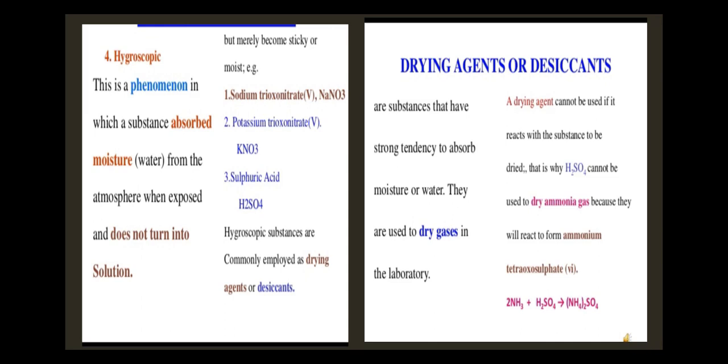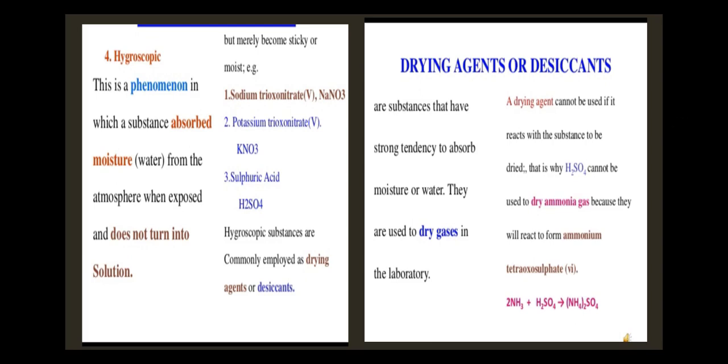You have seen silica gel pouches if you are buying any new water bottle, those pouches are kept in there. That is for absorbing the moisture, or to stop moisture from developing in the water bottle or any other thing. So that is a desiccant, that is a drying agent. So there is just a slight difference between a hygroscopic salt and a drying agent or desiccant. Both absorb moisture, but hygroscopic salts absorb moisture from the surroundings when exposed to the atmosphere, but drying agents will absorb it readily. So this is all about the salts and substances.